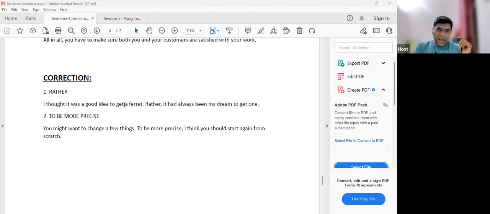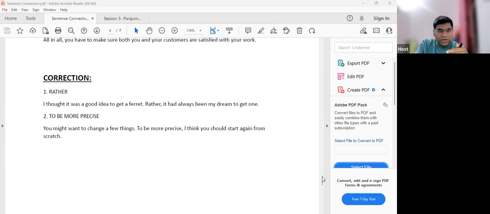You went out to eat at a restaurant, and you said, the soup is bland, yaar, rather bitter. So you say rather. Rectification is one of the common ways. So these are some of the sentence connectors.